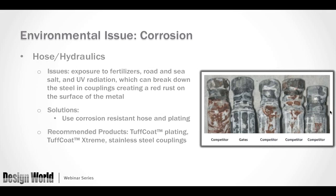Most of the Gates coupling line uses a MegaCrimp coupling, which uses our Tough Coat plating, which is tested at 400 hours of red rust as against the 72 hours of SAE required red rust. So it's a very robust plating to begin with. If you are experiencing red rust too soon on this traditional Tough Coat plating, there are other things you look at, such as a Tough Coat Extreme, which is specifically made for agricultural chemicals up to and including 32% UAN